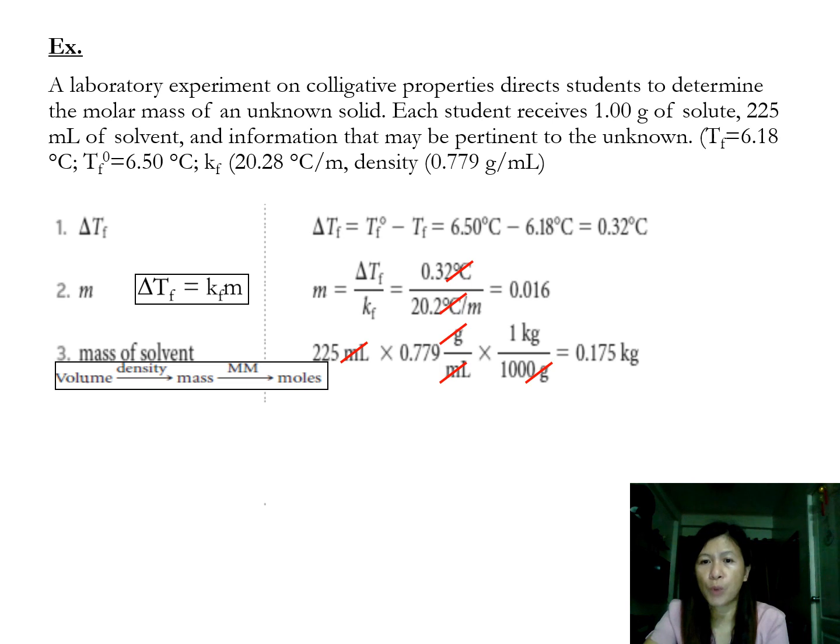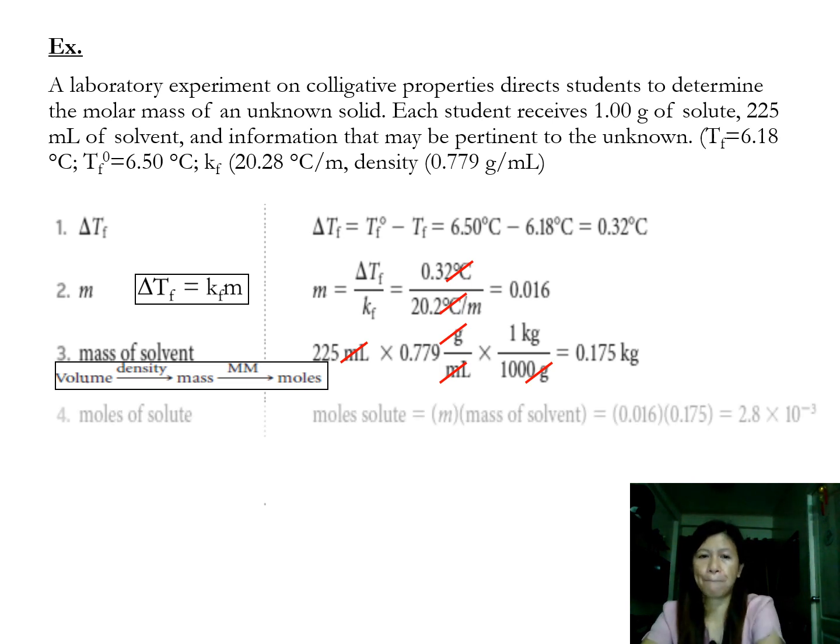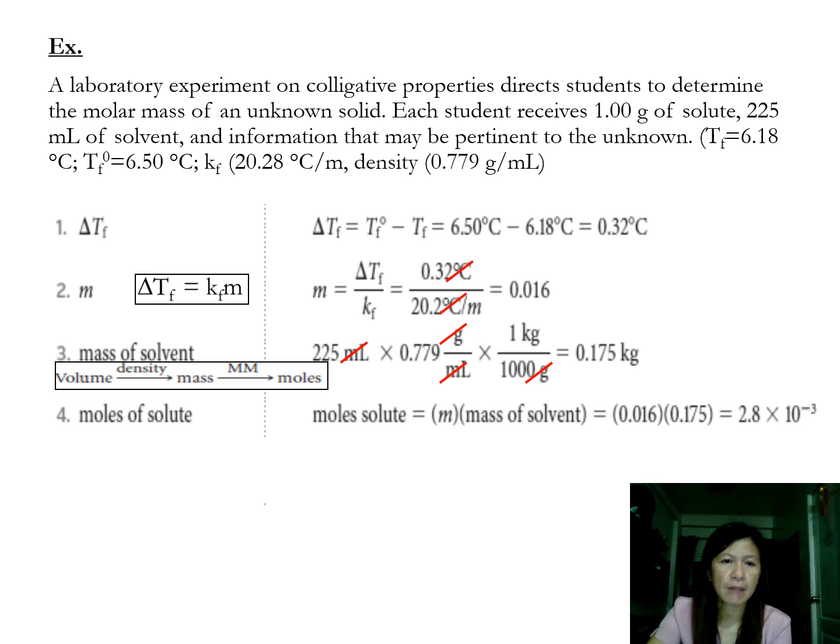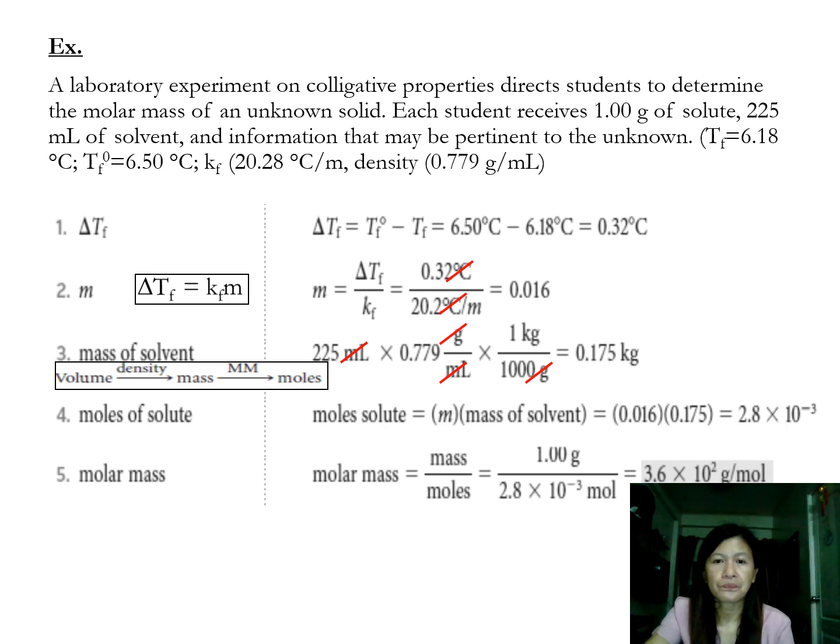So that will give you 0.175 kilogram. Then, after getting the mass of solvent, we are now ready to get the moles of solute. The moles of solute may be determined by using the equation of molality. Molality is mole of solute over kilogram of solvent. We derive mole of solute as molality times mass of solvent. The given molality as computed in step 2 is 0.016 molal times the mass of solvent calculated in step 3,